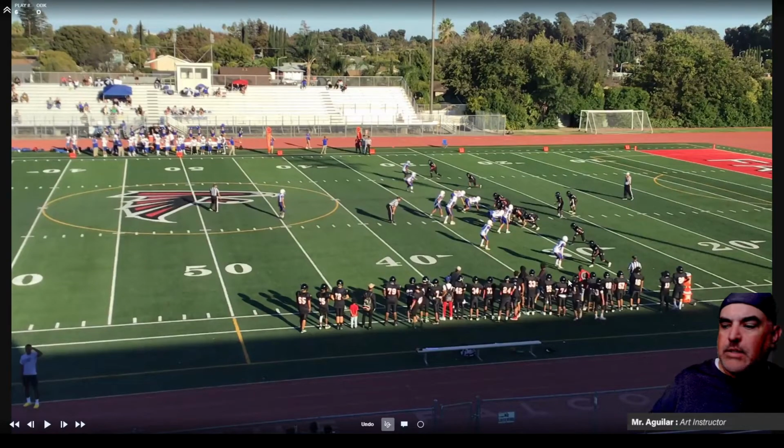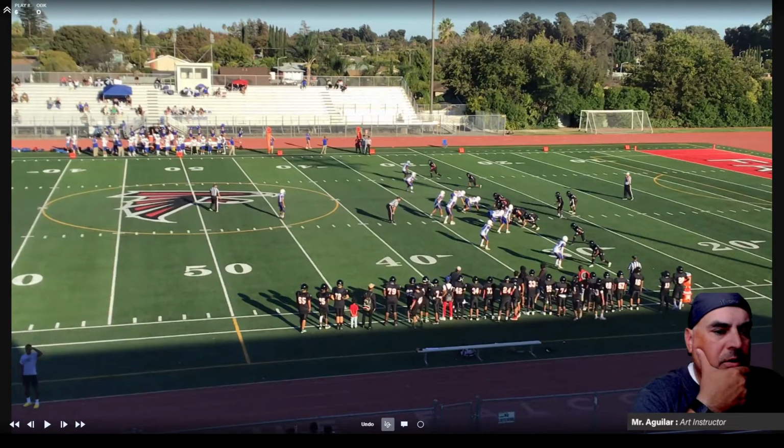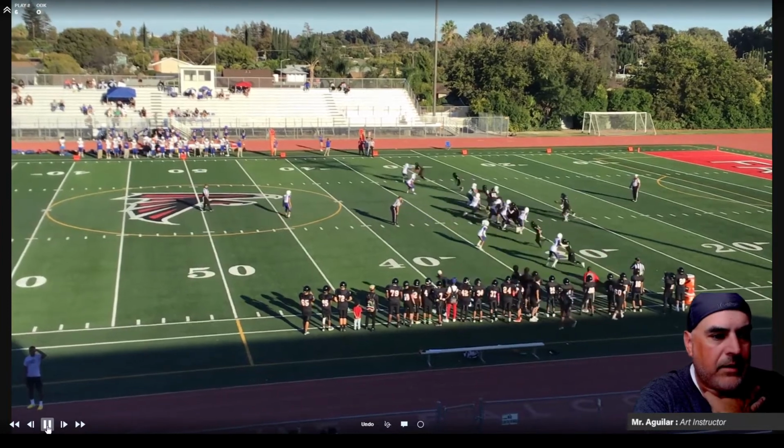I'm just going to watch this live with you. I just did the varsity film, so I'm going to look at this. They're running dubs, same as varsity. Halfback is in the backfield. Now, if they do the same thing as varsity, every time the halfback goes next to the quarterback, it's going to be a pass play. So we're just going to check it out. Let's see what they have here.